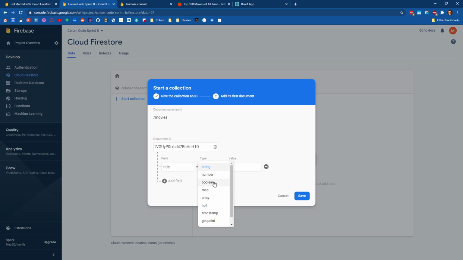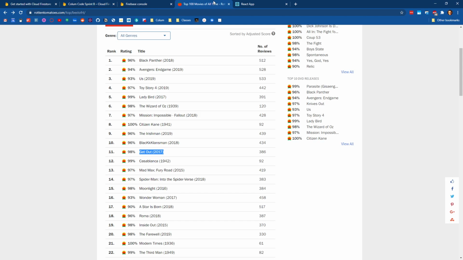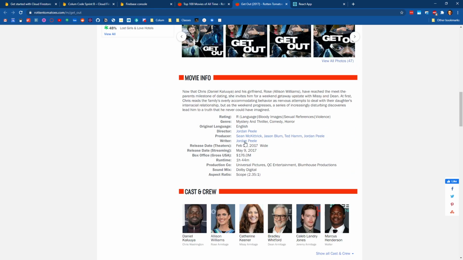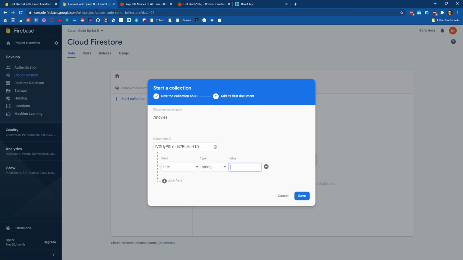Firestore. So we can store strings, numbers, booleans. We can store objects, or in Firebase lingo, maps, geopoints. We can have references to other things. So we're going to store a title, and I'm going to pull some movies from the top movies from Rotten Tomatoes. So maybe I'll grab Get Out and use some of the movie info down here to fill this out. Close that tab. So the title here would be Get Out, and we don't need quotation marks around it since